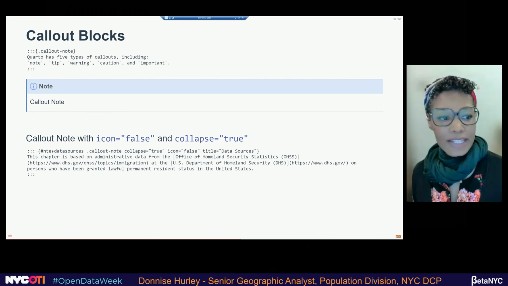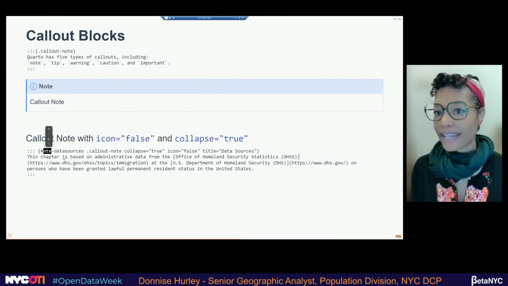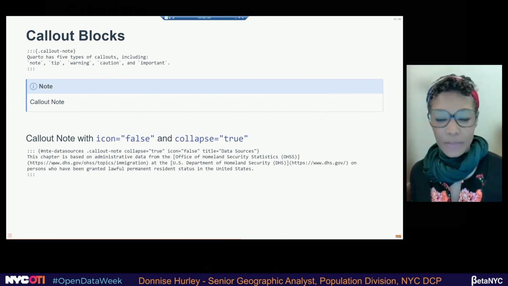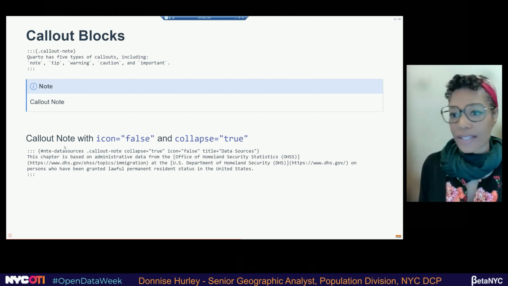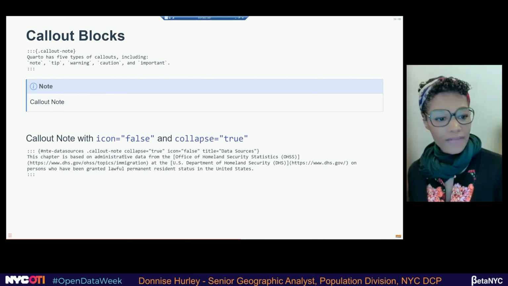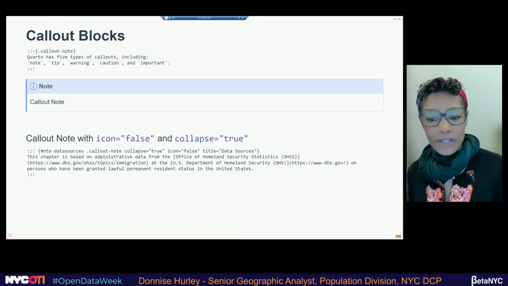So it's labeled as a note, but I don't know if you remember, I actually changed the name to box. So when it's referred to in the document, it's actually referred to as box and not a note. So these are some things that you can customize Quarto with. Here we have my fence div, and then I have the attribute information for the callout block.